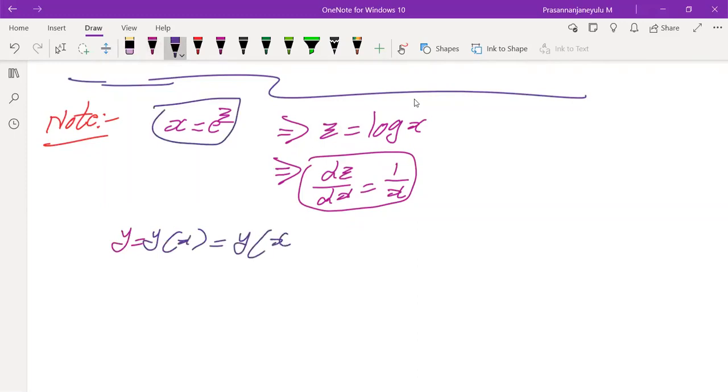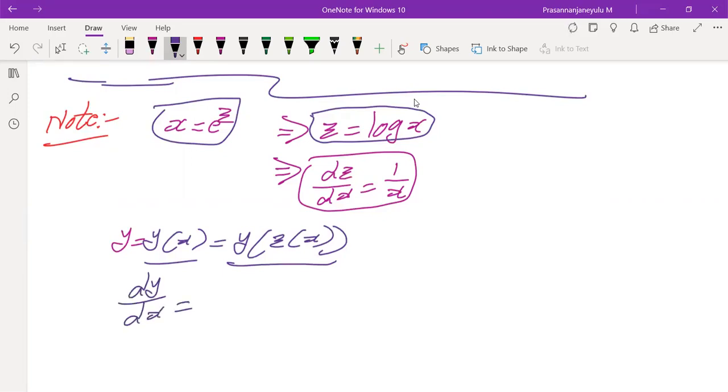What we considered in terms of z. But x is in terms of z. So now, if I want to find, x is in terms of z, but in the same manner, here what we have taken, z is also in terms of x. Y is in terms of x directly, but indirectly, y is in terms of z, that is in terms of x. Now, in your LAC subject, functions of several variables, you learned there in the chain rule, dy by